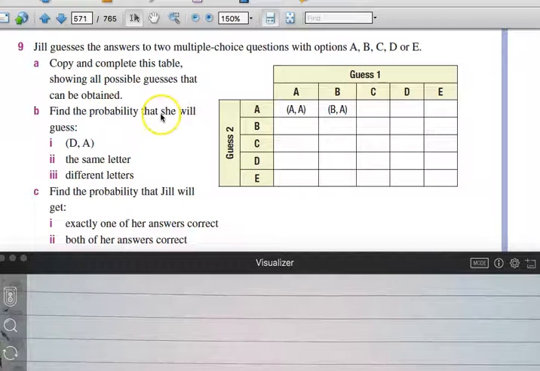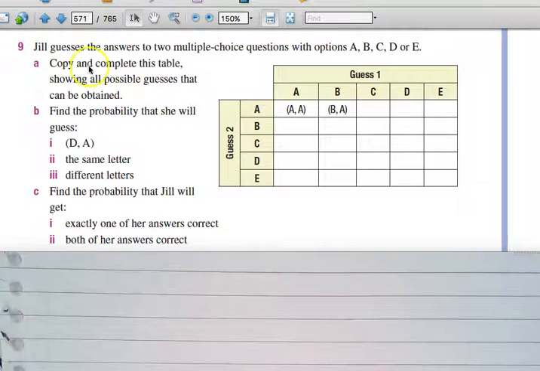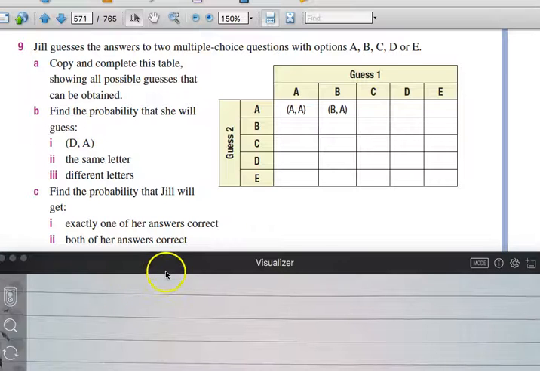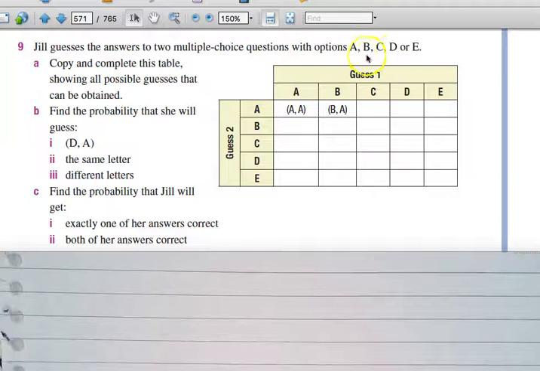Okay, ladies, some people have asked for help with exercise 9D, question 9C. Now, let's say you've got two multiple choice questions. This is what this is about. And you've got 5 different possible answers, A, B, C, D, or E. If you guess the answer, what's the probability that you'll get the right answer if there